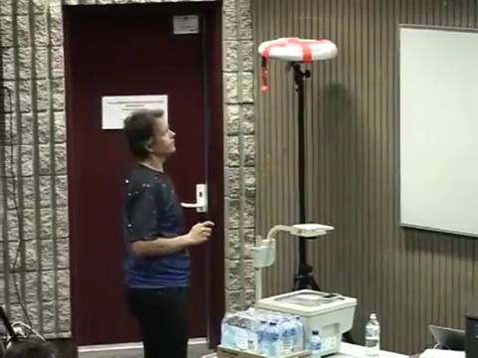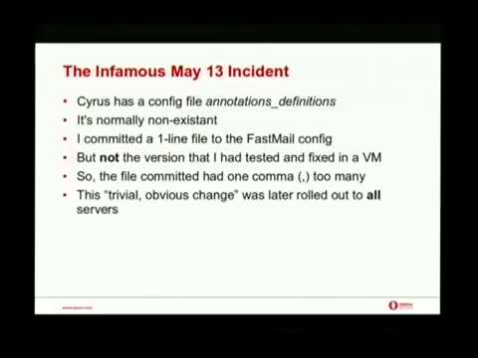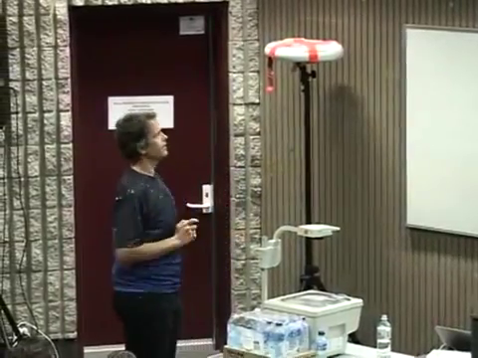I might go past that one. The infamous May 13 incident. This is a bit of a mea culpa thing for me. So in Cyrus we have this file called annotation definitions, which is almost always, in all instances where Cyrus is actually deployed, empty. Nothing's there. I committed a one-line file because we needed a feature for our internal Fastmail config, but